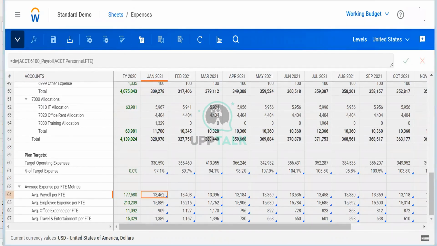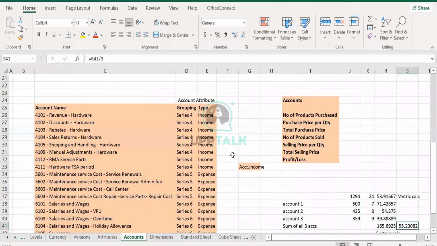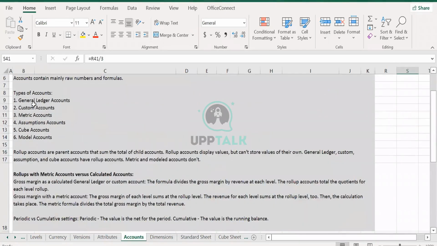Yesterday, what we studied, let me just open that page. We studied all these kinds of accounts, six accounts. Yes, formulas can be written in all types of accounts. It does not restrict only to metric. Basically, what you tell that displays on a percentage basis, right? Yes, it's basically like a financial ratio. But to clear your doubt, formulas can be written in every account.